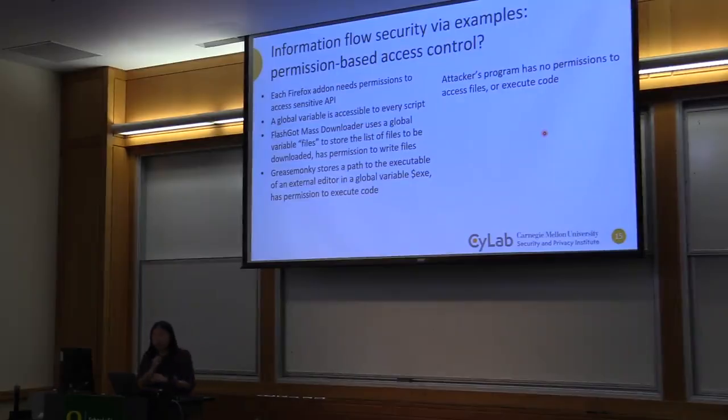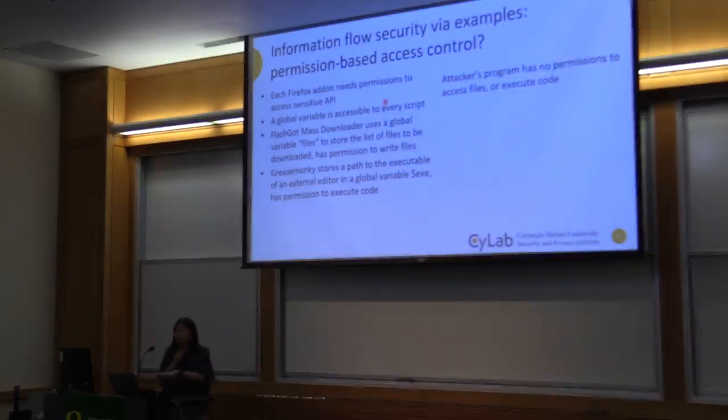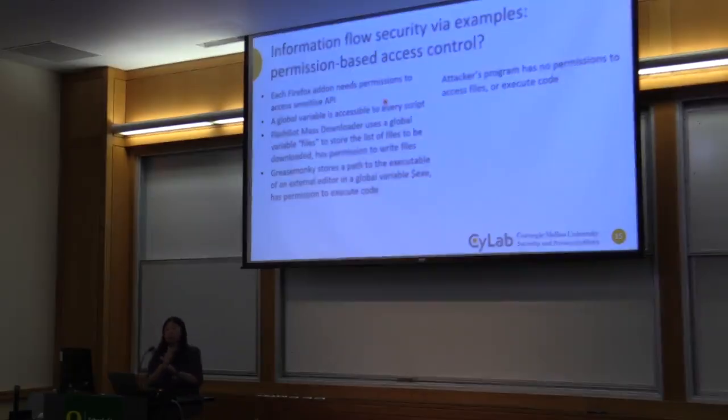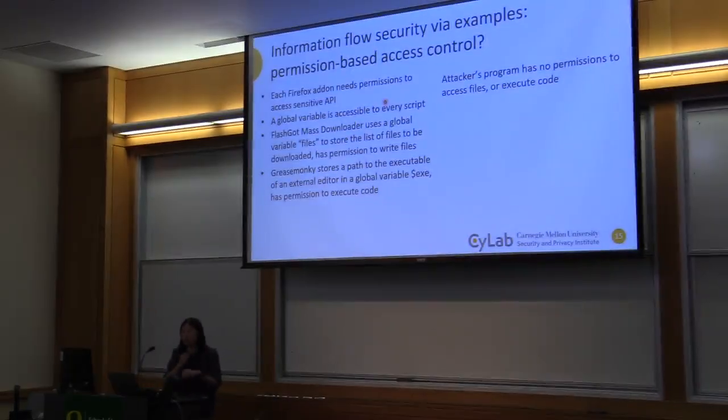So in response, Firefox decided that we need to ask permissions for these little add-ons or extensions. For example, if you want to access the file system, you have to ask for a file system permission. If you want to execute, you have to ask for a special execution permission. This is quite common now when you download an app on your phone. Before you install the app, it doesn't matter which OS you have, Android or macOS, it will tell you this app wants to access your contacts, your location, yada yada. Do you want to grant it or not? So this is a similar architecture here.